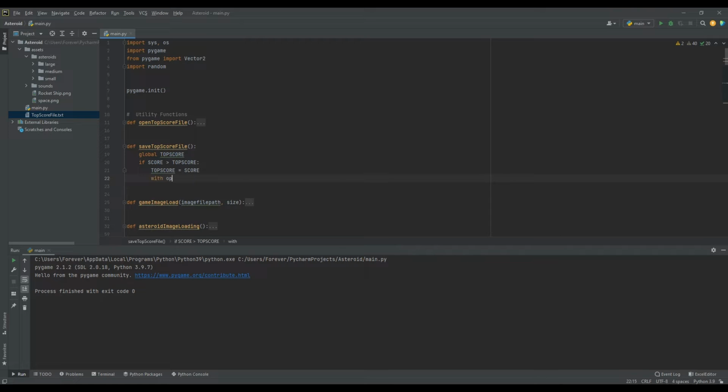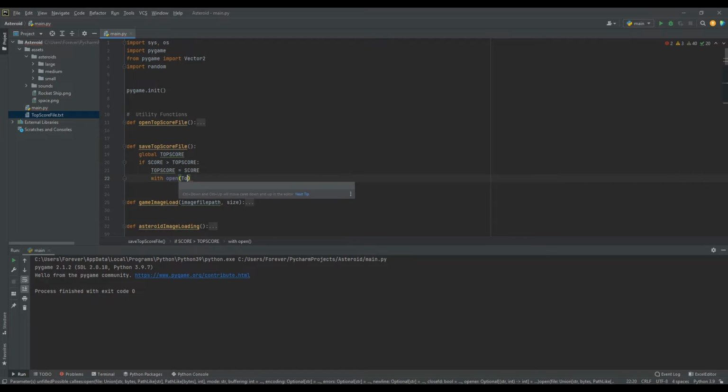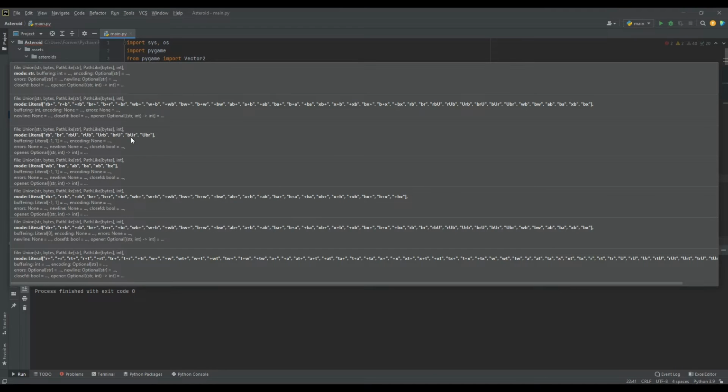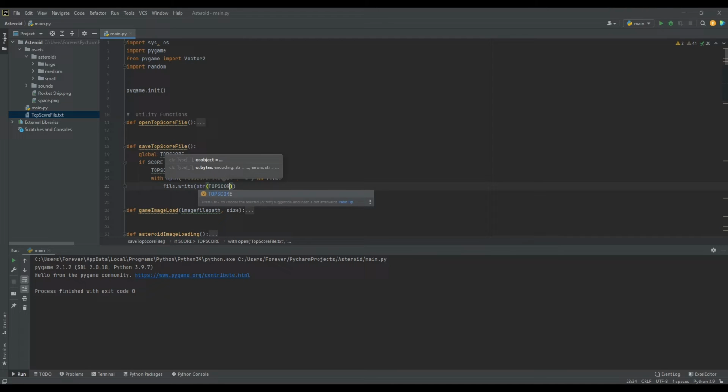And then with open top score file.txt, w, as file, file.write as a string top score,